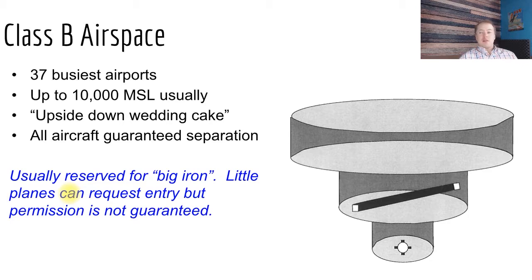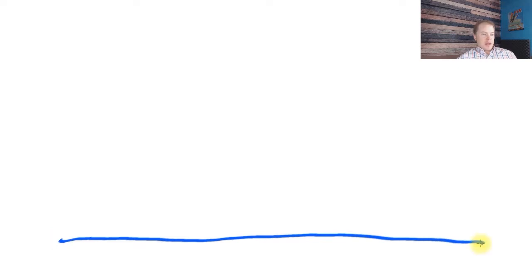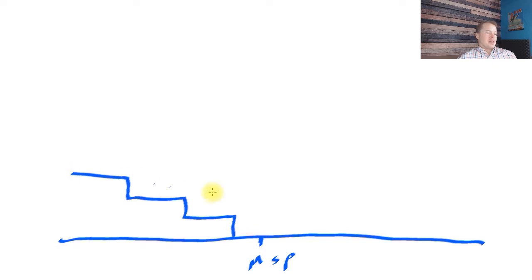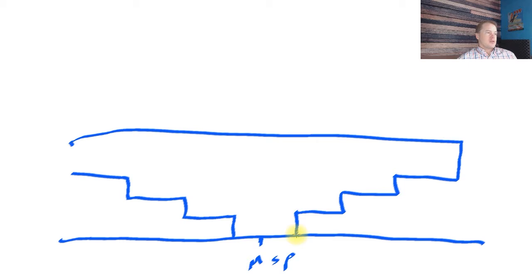Now, the fun thing about Class B airspace is this looks like an upside-down wedding cake. So I'm going to draw an example for you here. I'm going to use Minneapolis as an example. And here's the ground. And here is MSP. And let me draw this upside-down wedding cake for you. It sort of goes out like this on all sides of the airport. It starts on the surface in the middle, and then it extends upwards the further out you go. And of course, the reason it looks like this is so pilots who are flying into this airspace are protected,